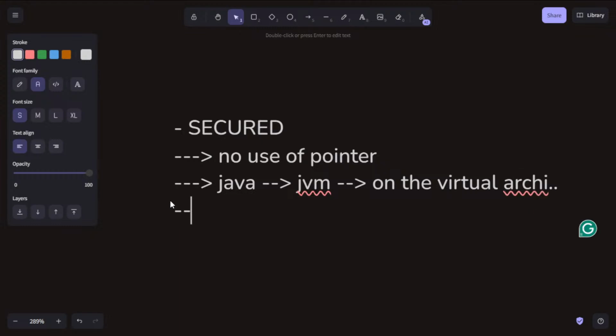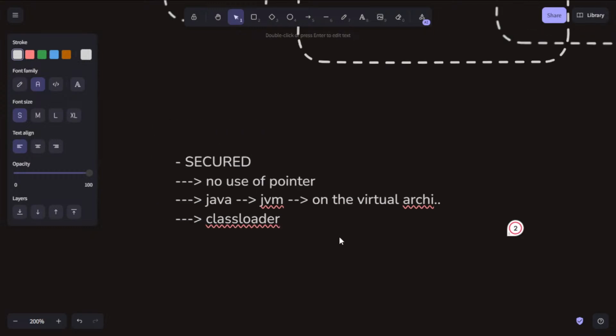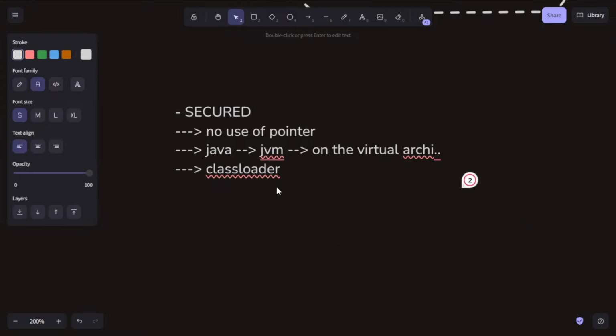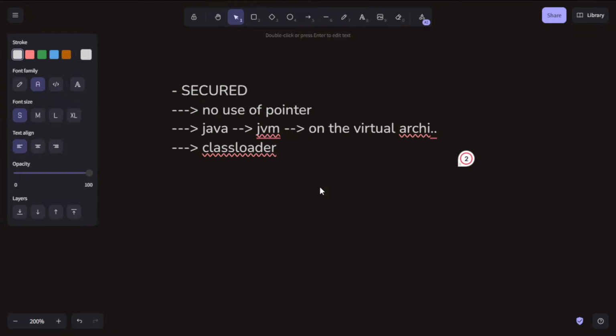Okay, and the third reason we call it more secure is that we are using a class loader. And what is a class loader? I will tell you what the use of the class loader is in Java when I teach you how a Java program runs inside the JVM. At that time, I will tell you how the class loader works.